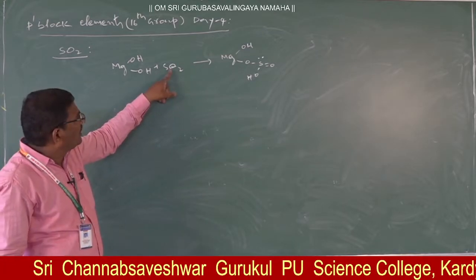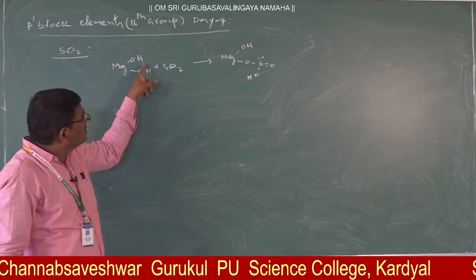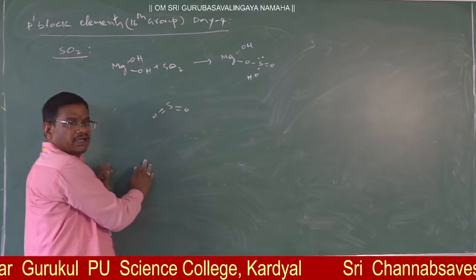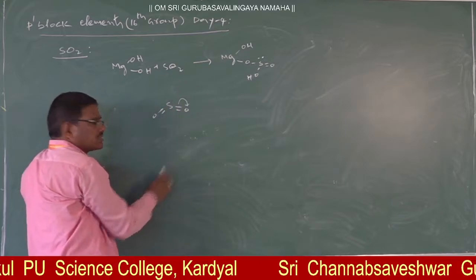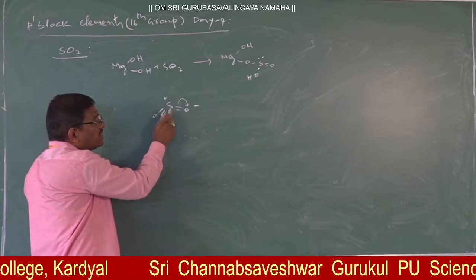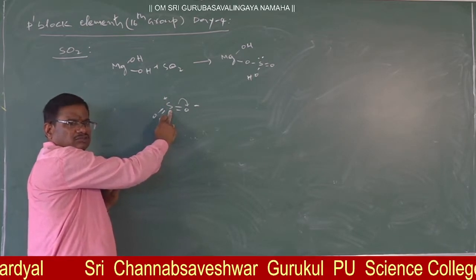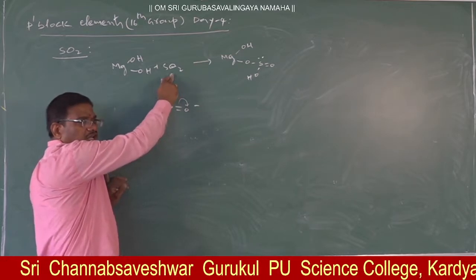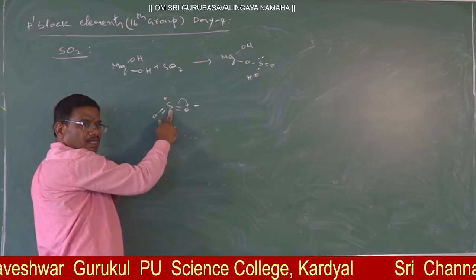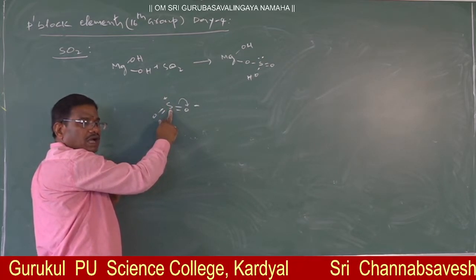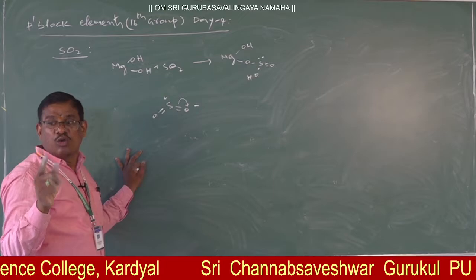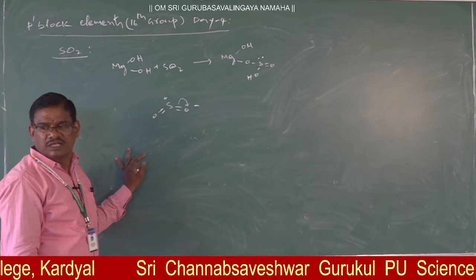Right? In sulfur dioxide, here OH is there, see, H plus will break down. Here sulfur dioxide, what it will do, like this the pi electron polarizes. It will become minus, it will become plus. Now here what is taking place? This plus is there, see, it is a strong electrophile or a conjugate acid of this base. Actually it is the acid but acting as a base to this. Right? In Lewis acid base theory I told, whenever multiple bonds are held between two heteroatoms, the lower electronegative atom acts as an electrophile. That is an acid.